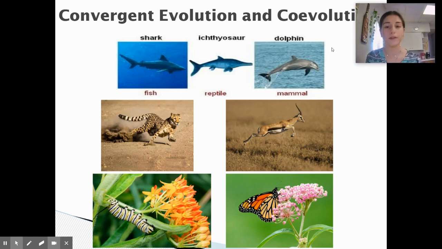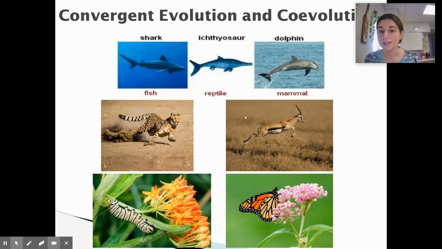All right. Next, we have coevolution. We have two pretty cool examples of this. First we have a cheetah and an antelope. They evolved with fastness. When the cheetah evolved to be faster, that caused the antelope to evolve to be faster, because as we know, cheetahs prey on antelopes. So the antelope had to evolve to become faster so they could outrun the cheetah and not be eaten by